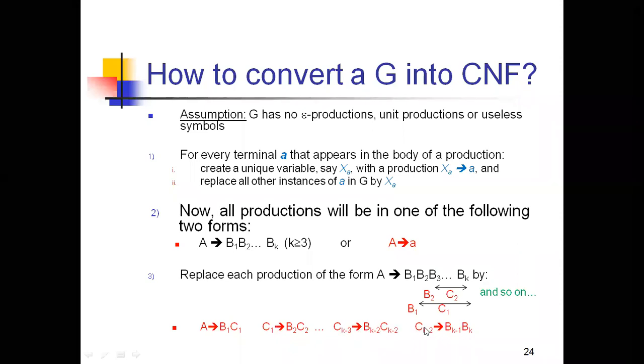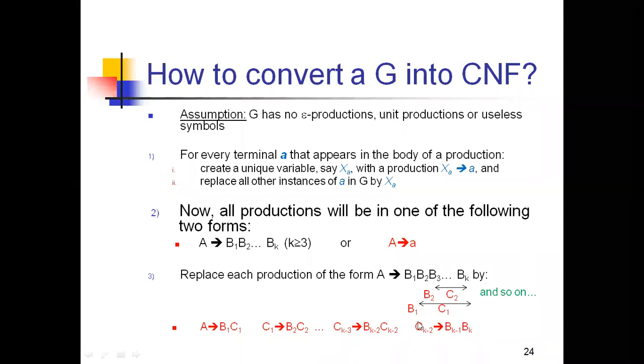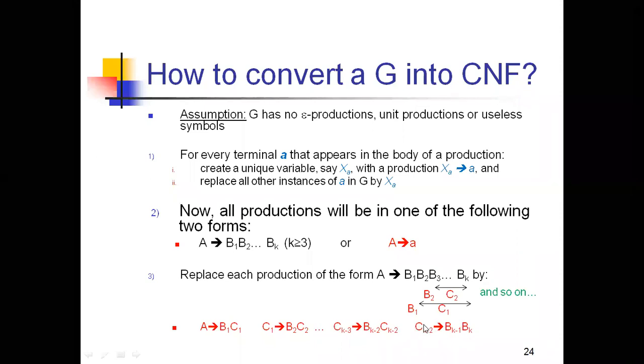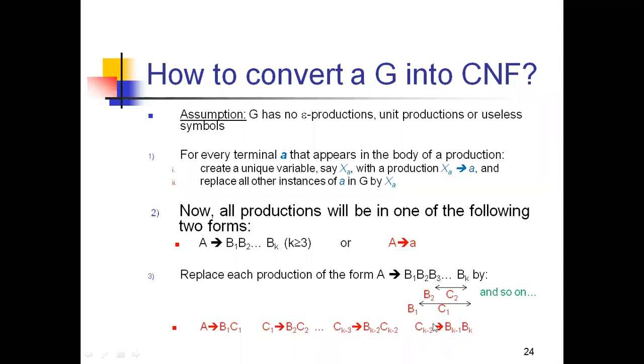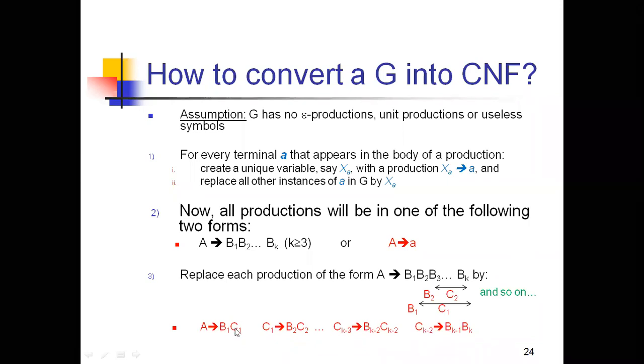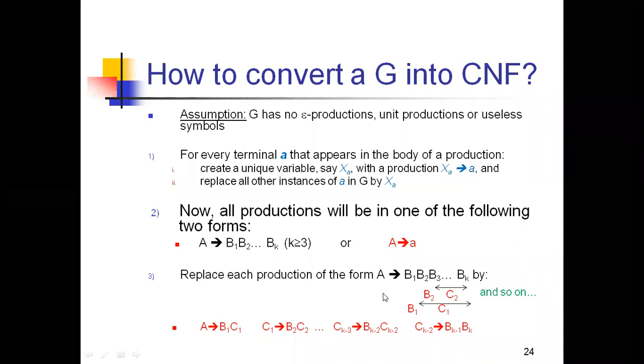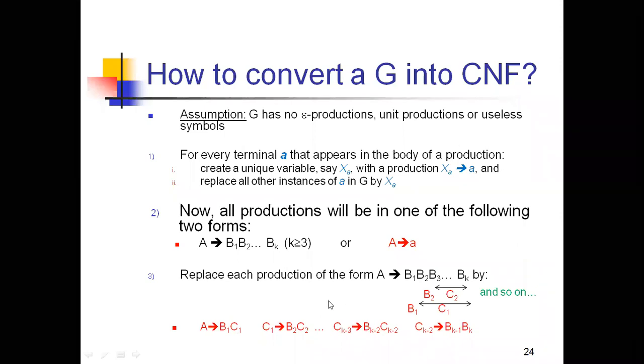Ck minus 2 is the new variable, so I need to define the production for this new variable: Ck minus 2 tends to Bk minus 1 Bk. That means here c1 is a new variable, you need to define the production for c1. And if c1 has any new variables, there again you need to define the production for that new variable. Like that you need to continue until no new variables are found.